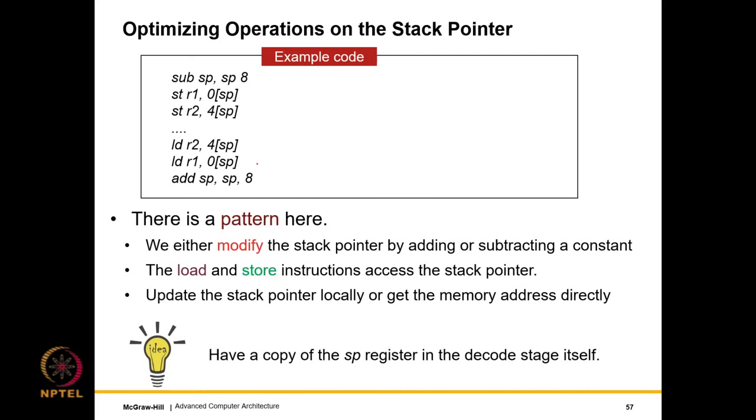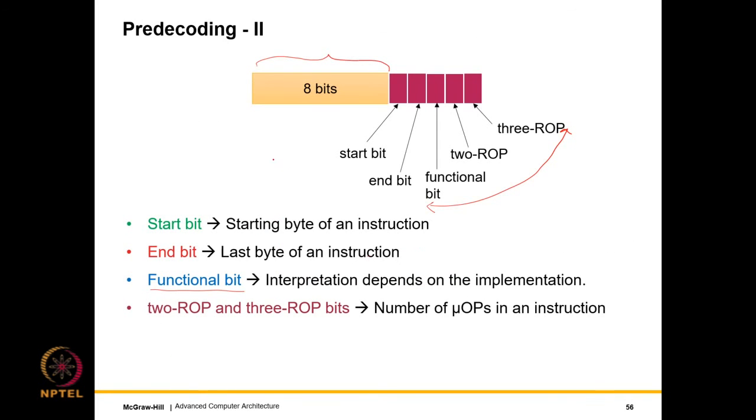Now let us look at the second decode time optimization. We already have looked at one, which is pre-decoding. So what does pre-decoding give us? Well, let's take a quick detour to the previous slide. In the CISC to RISC conversions, we looked at 2 ideas basically. The first idea was CISC to RISC conversion. What this gives us is a nice homogeneous uniform processing environment within the pipeline, and this is something that we needed.